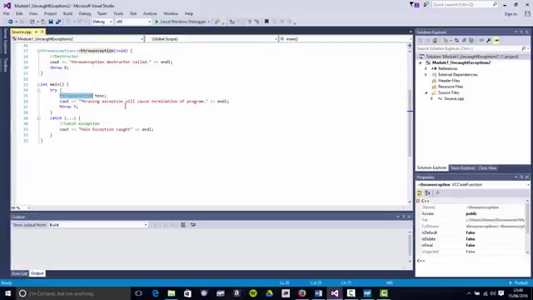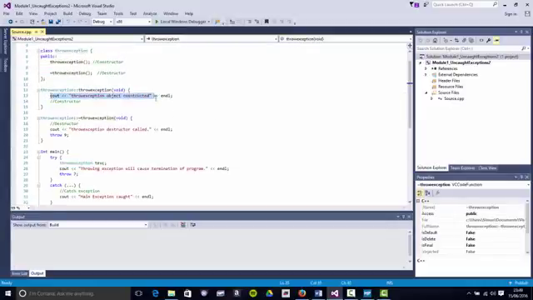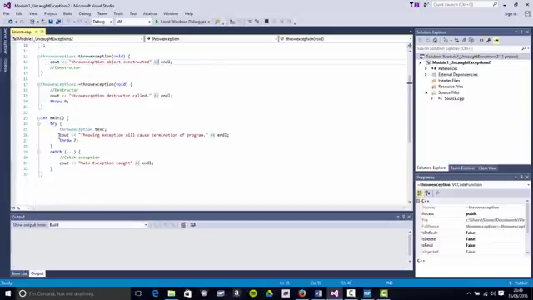We create our ThrowException object, which will invoke the constructor here. So you'll see "ThrowException object constructed" printed out first, then you'll see the "throwing exception will cause termination of program" line printed out, and then we throw the integer exception. Now what would normally happen is you would move to the exception handler here and execute this,